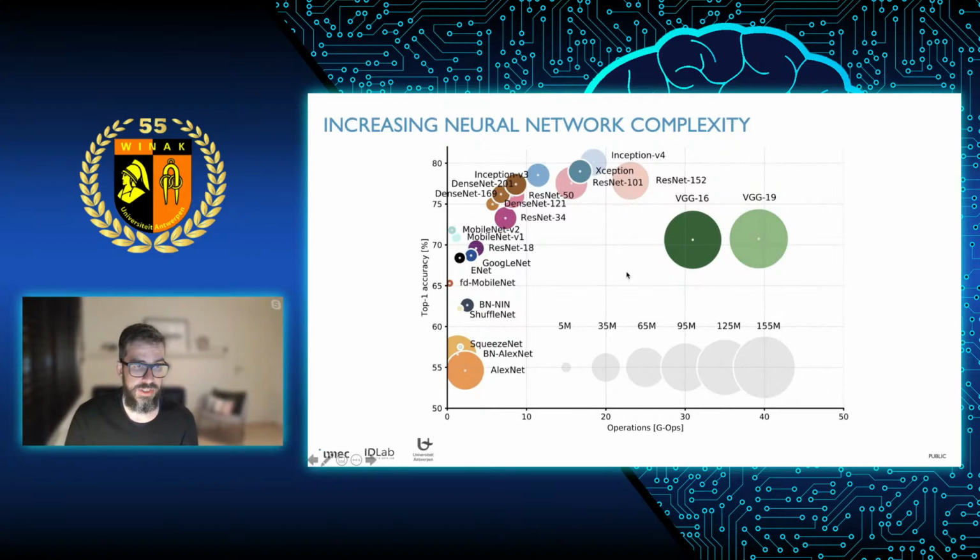This shows you the typical curve of accuracy that we got over the years on computer vision neural networks. Starting with AlexNet, which was one of the first deep learning computer vision neural networks, and then gradually moving to things like ResNet and Inception, which are very good computer vision classification algorithms. They're able to get really high accuracy, but the complexity of these things is also really, really high.